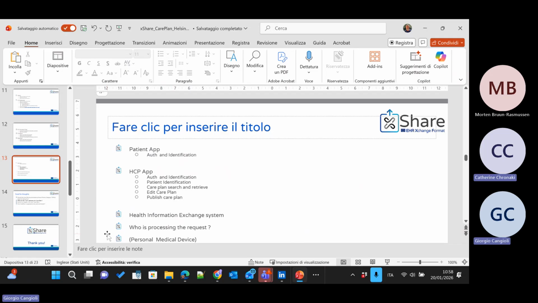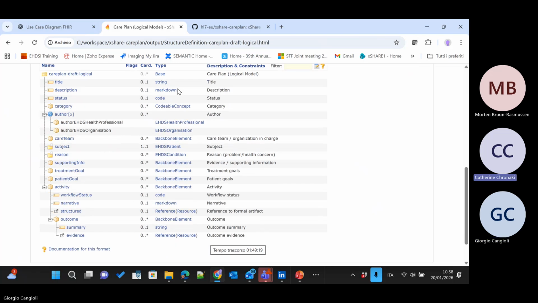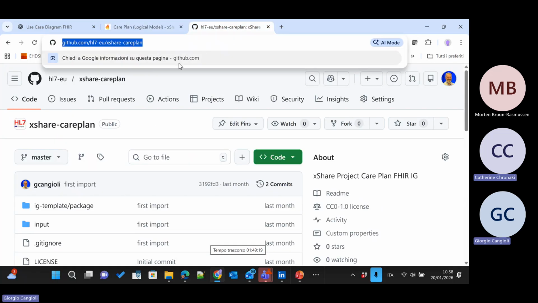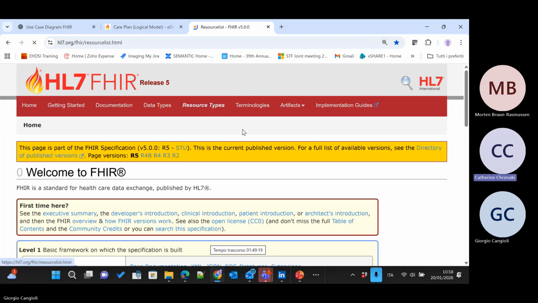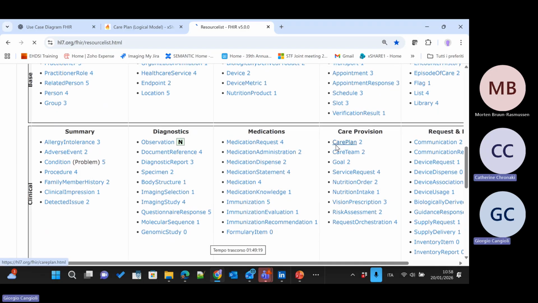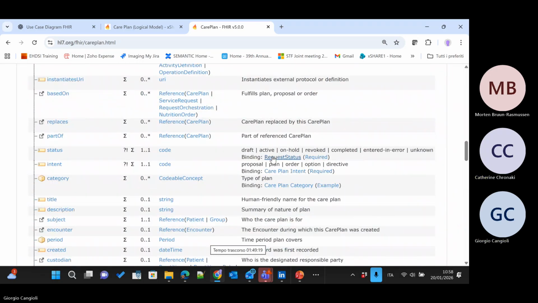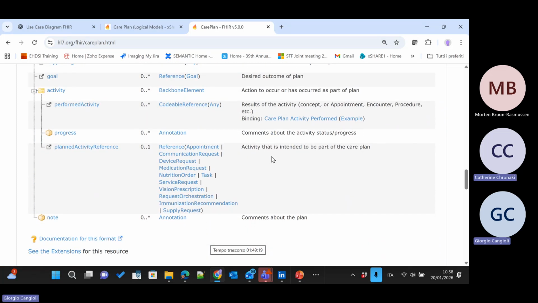Within the activity, you can refer to several resources: service requests, communication requests, appointments. Also task, I thought. There can be a task as well. The way we are doing it is that we are saying this is an intervention or an activity. But then to support that it is happening, we have in the care plan module what we call an order component. That's a service request. But in the care plan, it is still an activity.